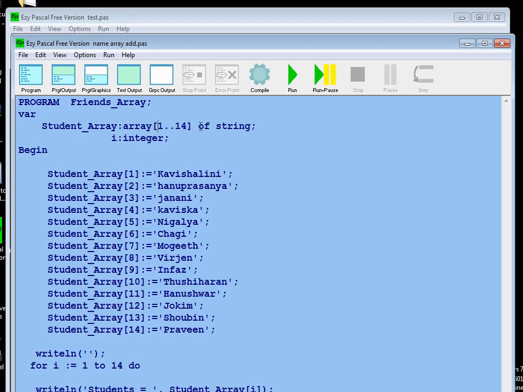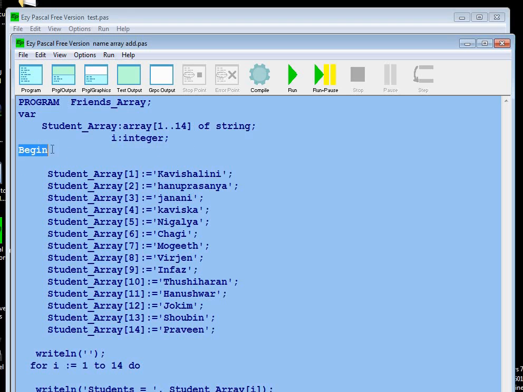Now it is going to have values from 1 to 14 of string values of data, and I have another variable I as integer,